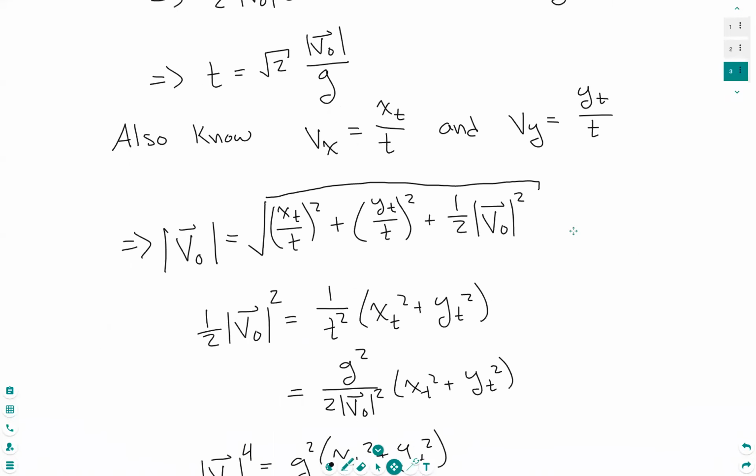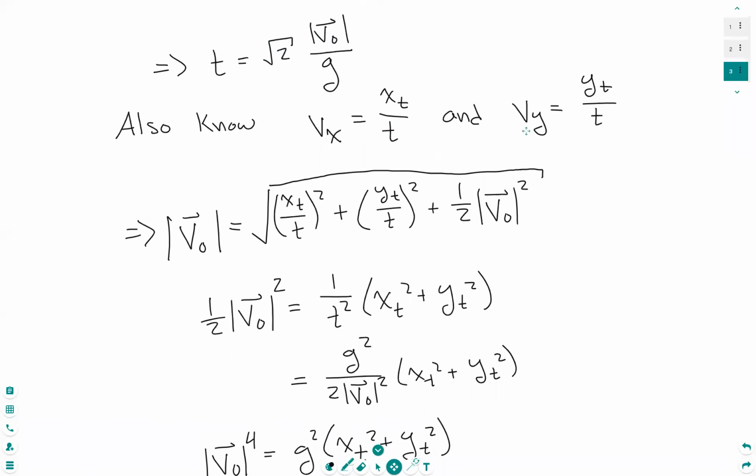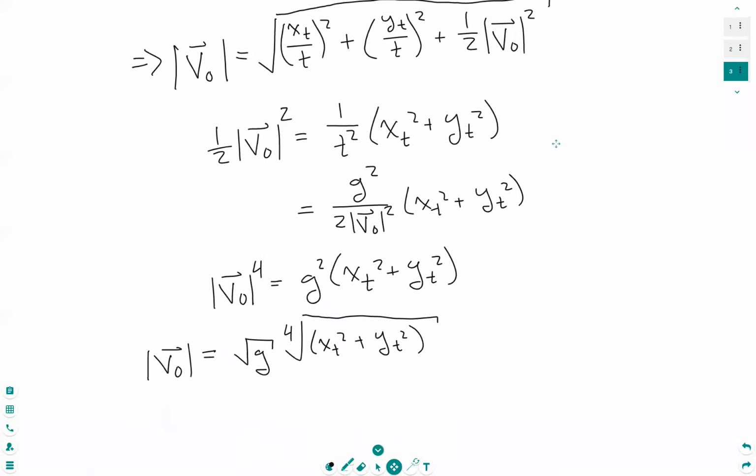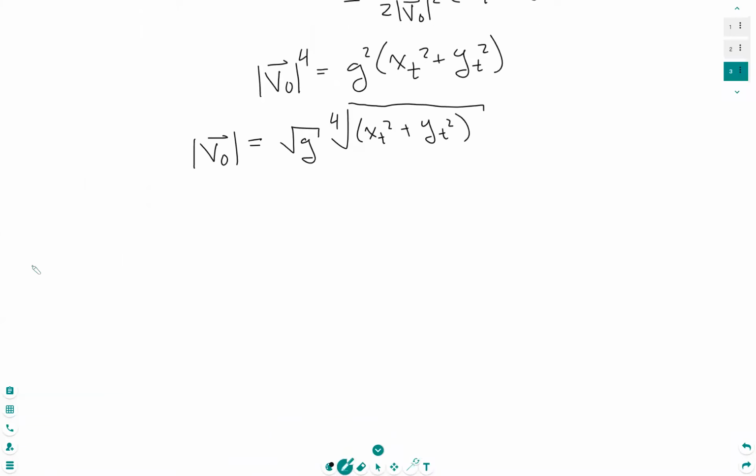So Vx is x over t, but t is the square root of 2 magnitude of v naught over g. Same thing with our Vy. We can plug all of those quantities back in, and we can find